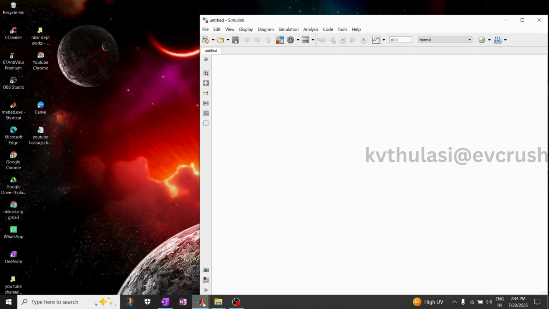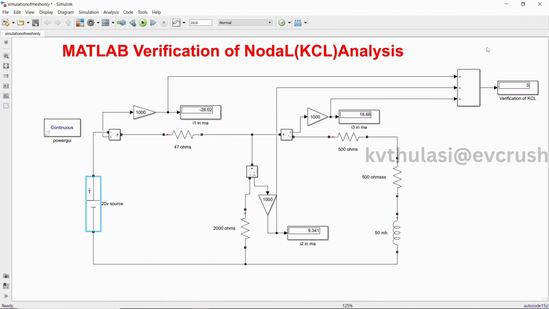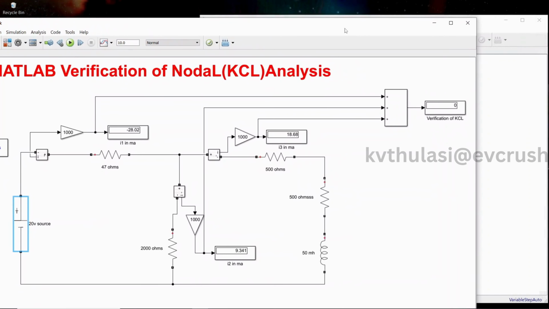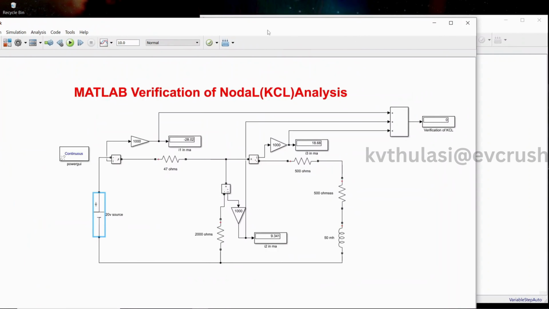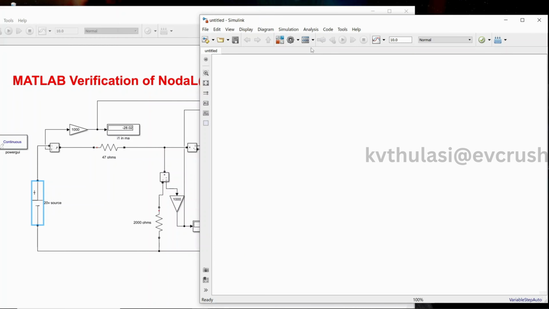So this is the circuit. What we need to do? Let us keep it in the left half, in such a way that it will be very simple for you to analyze also. This is what we need to verify. The elements we require are a voltage source, three resistances and three ammeters. So very simple. In order to have these elements, let us go into the